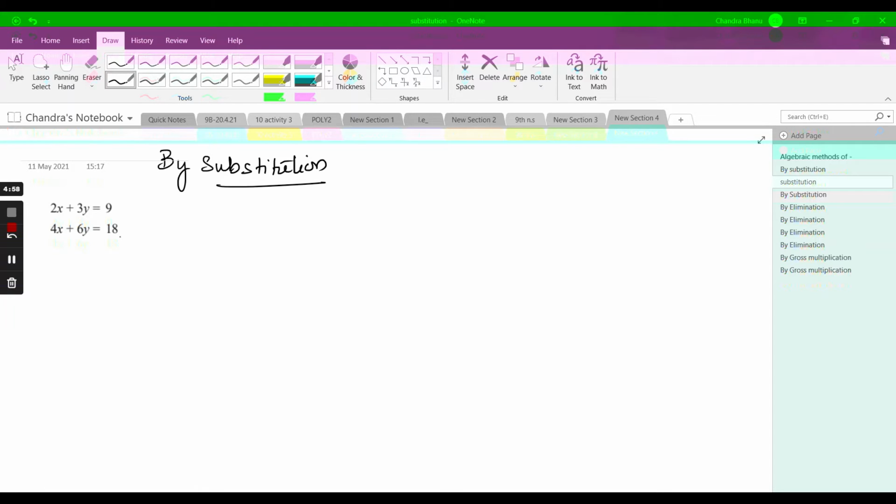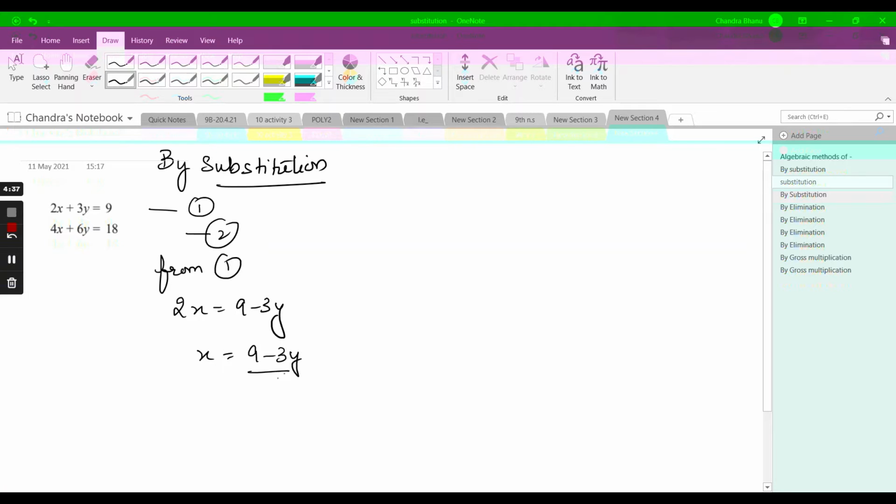Now we'll solve this question by substitution and let's see what kind of solutions we get. We are going to number the equations as 1 and 2. From one of the equations, I'll try to find the value of one of the variables. So from 1, I'm taking 2x is equal to 9 minus 3y. So x is equal to (9 minus 3y) upon 2. I'm putting this value of x